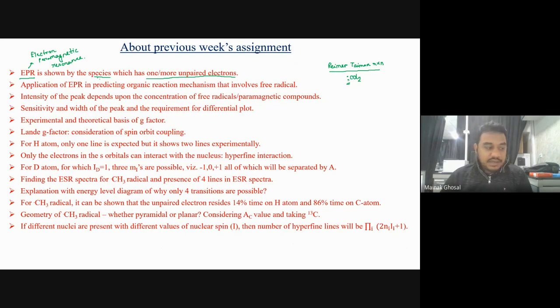Unpaired electrons are there. Since it contains unpaired electrons, you can easily get a paramagnetic signal or EPR. So in such reactions where there is an intermediate state,